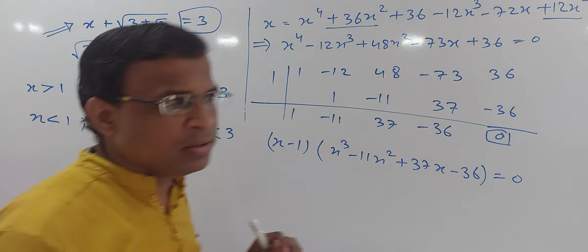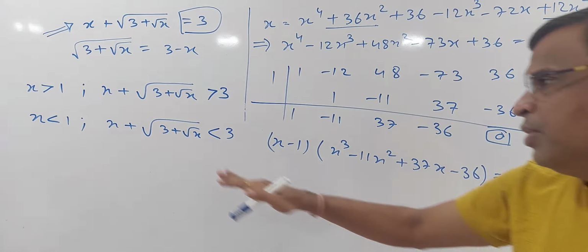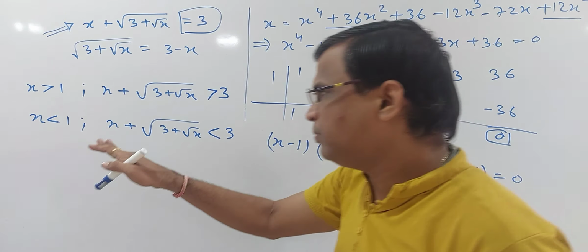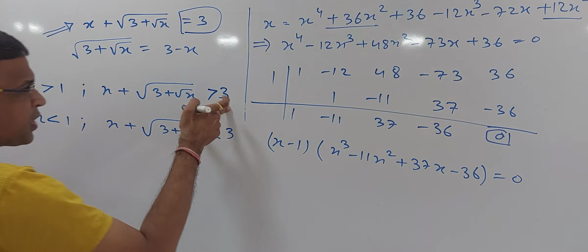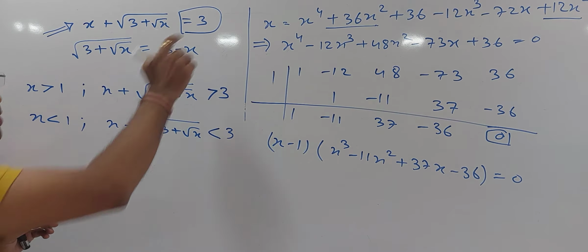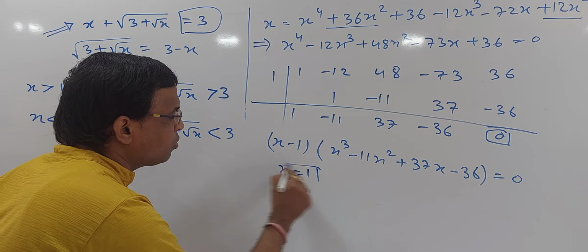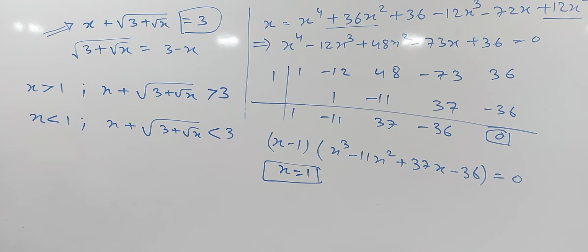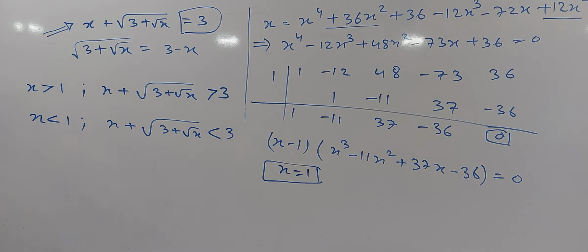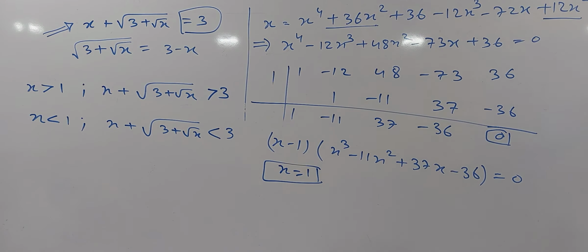It's very tricky, but you can follow this many times. So one thing is clear: x greater than 1 gives me an answer greater than 3, and x less than 1 gives me an answer less than 3. So I am not getting equal to 3 at all. That means I have just one solution for this relation. I can't have more than one solution. Fine, so that is one way we can conclude that out of the 4 solutions expected, we are getting just one solution.